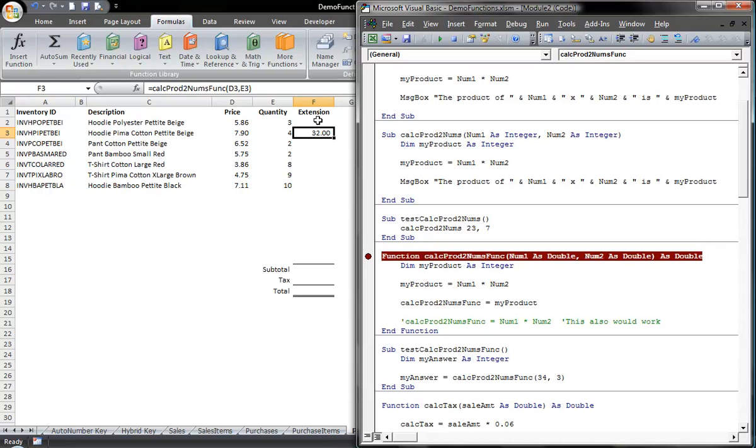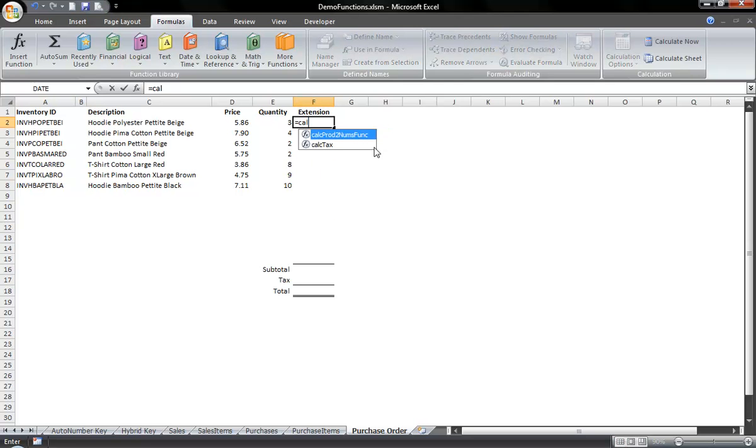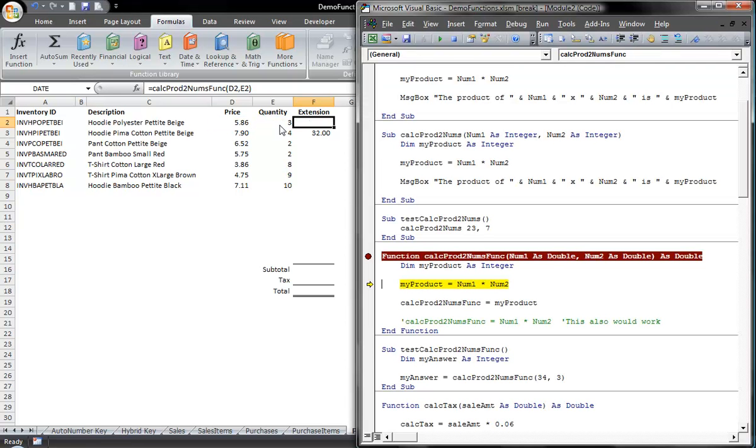So we're going to give this one more shot here. And if I know that it takes two values, I can click there, go ahead and close this. Notice now as I go through, let's see. Sorry, it didn't finish executing from before. So now as I go through, there we go. We got 5.86, and we've got 3, and the product